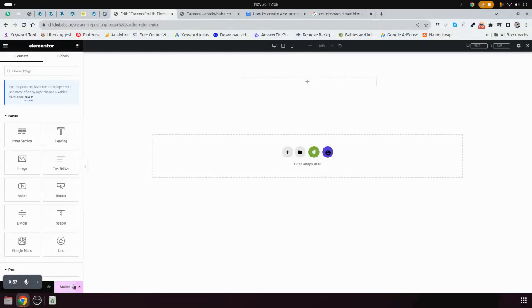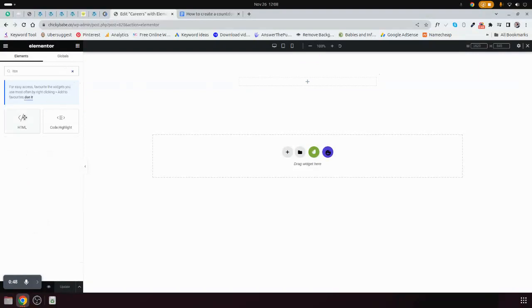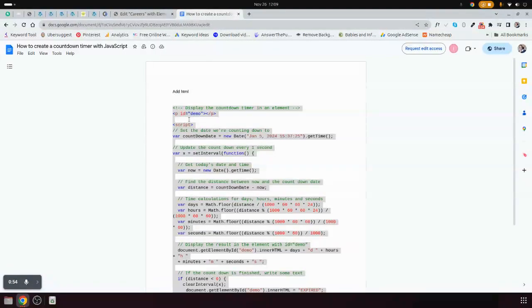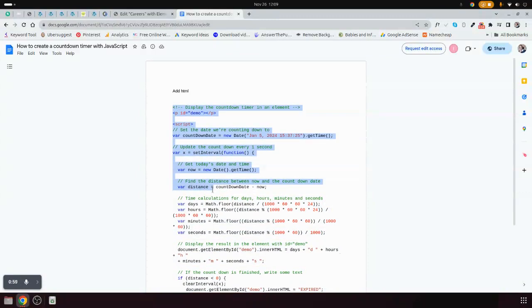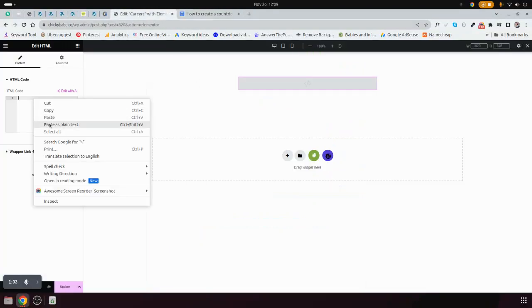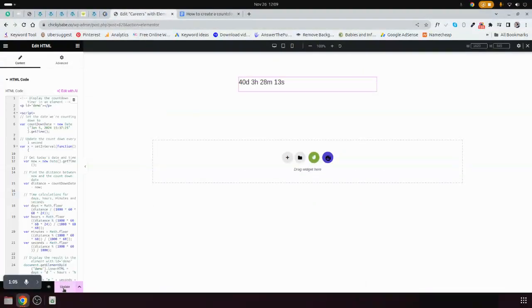Go to a page where you need to set your countdown. Maybe it is a contact page or any. Search for HTML, drop it in. After dropping, go to this page. You'll find it in the description. Copy it, you control and copy it all. Paste it here. After pasting it here, this is how it will look like, but we are going to style